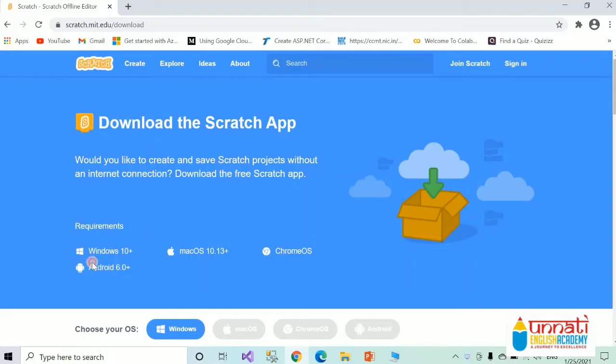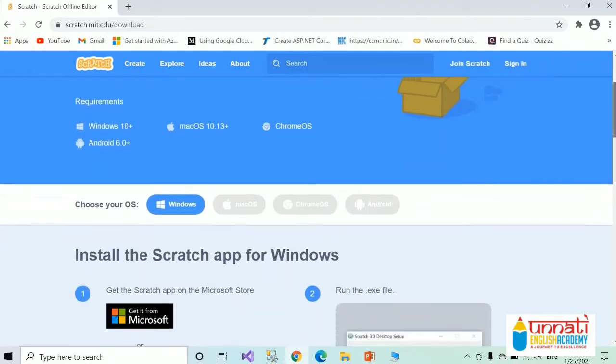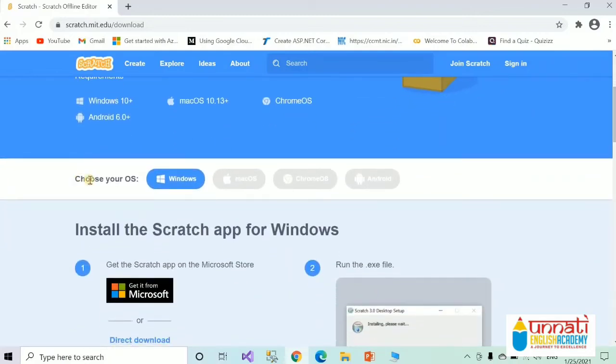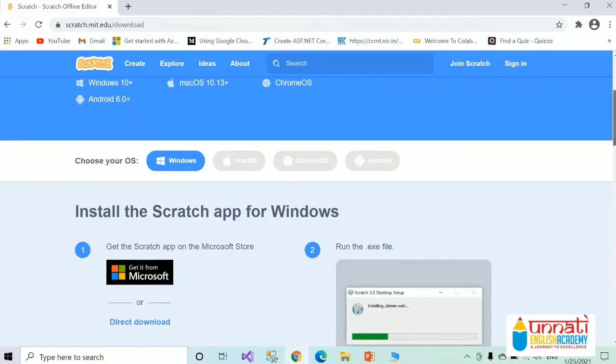Now let's see what the requirements are. It requires Windows 10 plus, Mac OS, Chrome OS or Android operating system. See, as we have the Windows operating system, we will install the Scratch app for Windows by downloading it using the link given below.